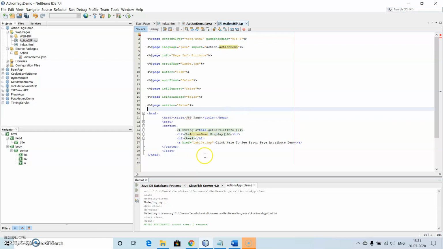So this program is ready. Now I will use action error as the error page.